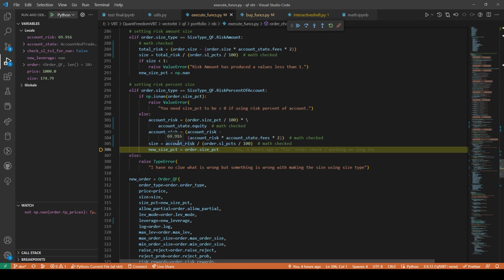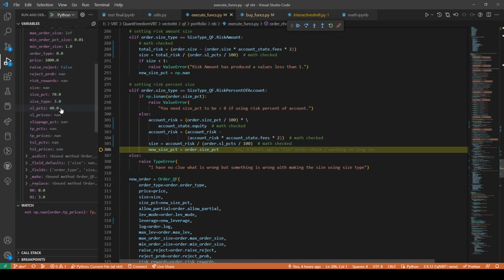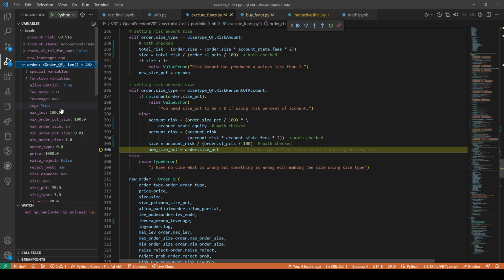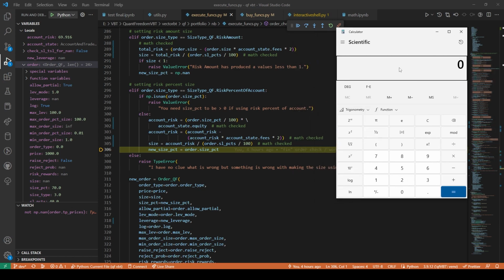So our size is our account risk divided by 40. So we've got 69.916 divided by 0.4. So if I had it set to 70 divided by 0.4,